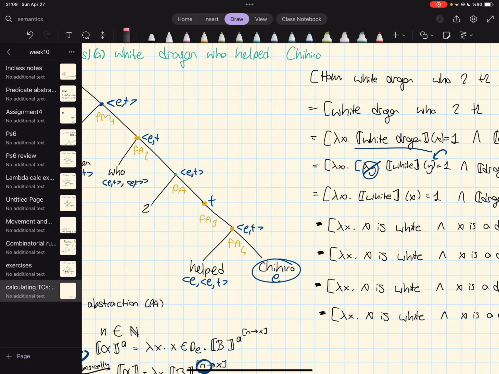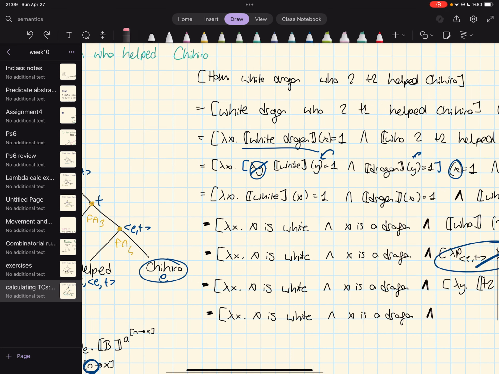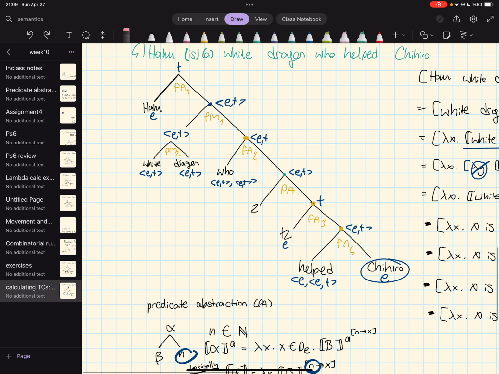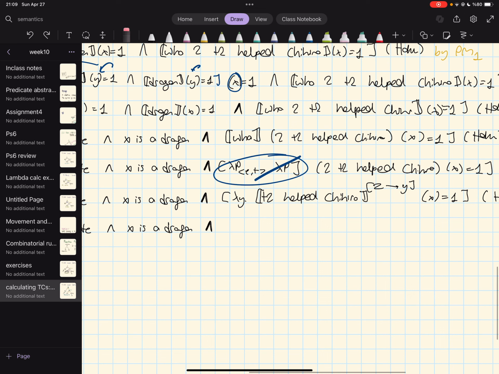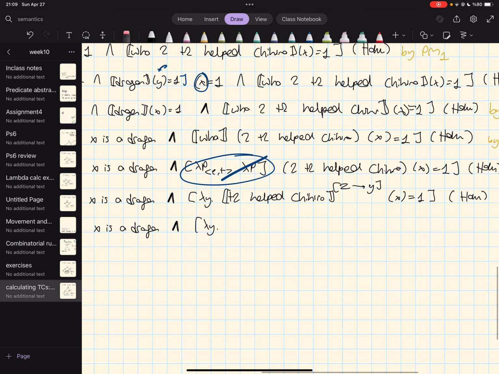So t2 will be the argument and the remaining part will be the function itself. We will be factoring out t2 basically. So I'm writing this bit the same, lambda y, because I'm dealing only with this part and I'm factoring out t2. I'm taking t2 as the argument now, the remaining part, which is helped